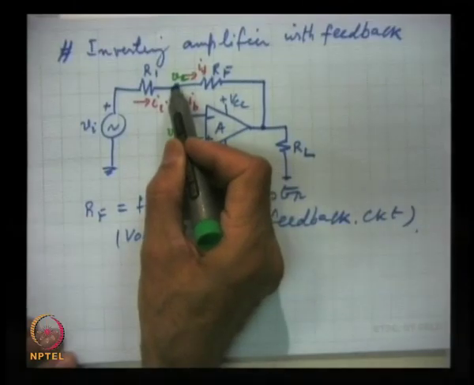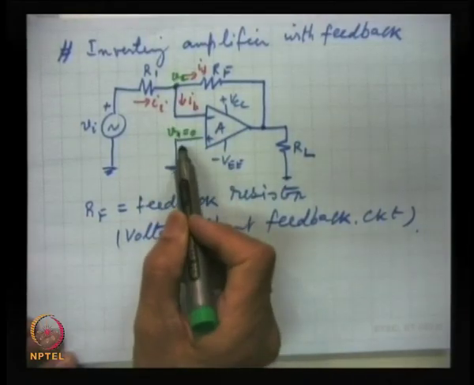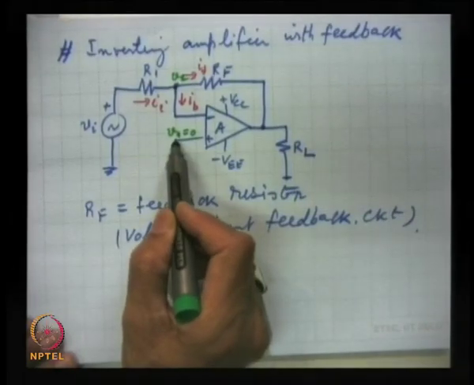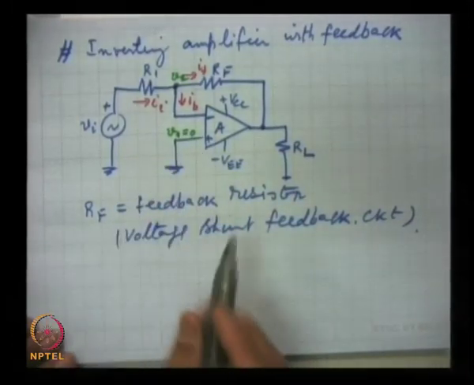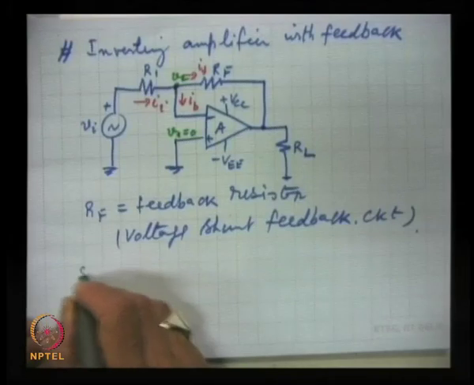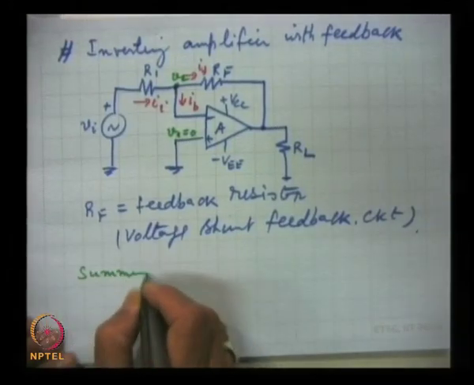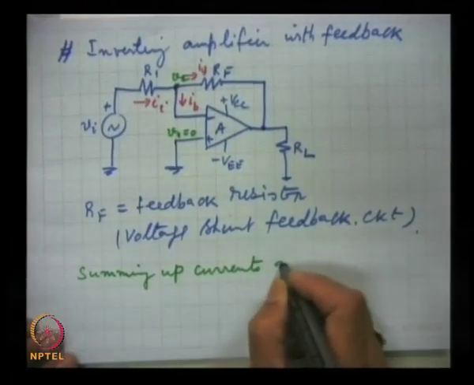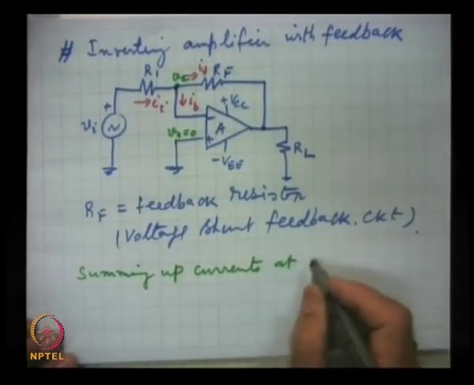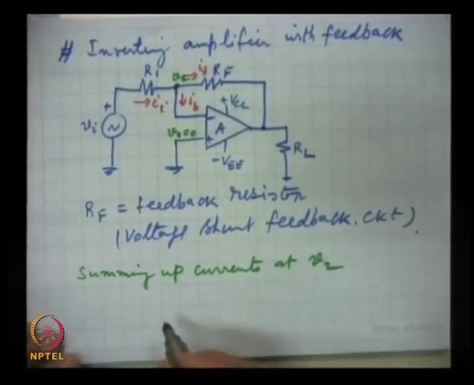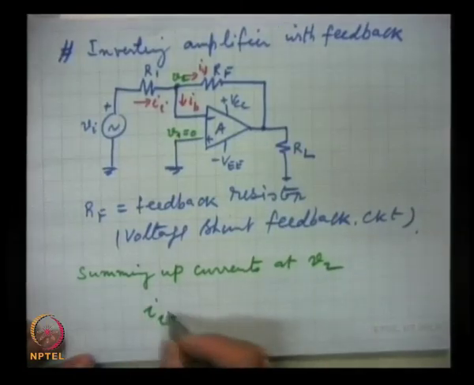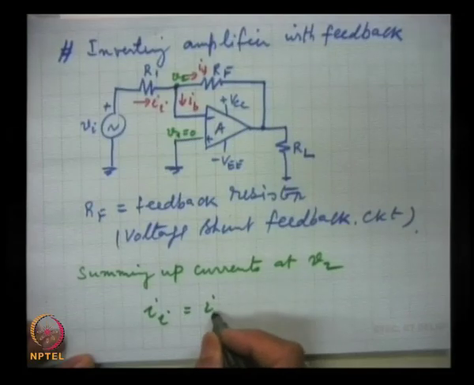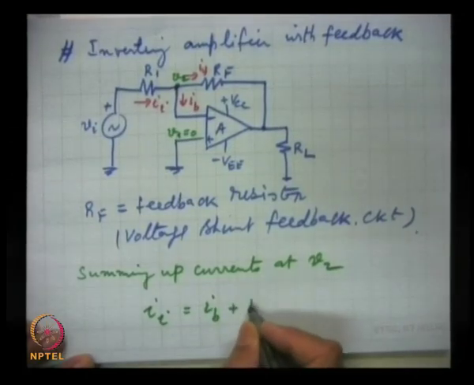This terminal is at potential V2 with respect to ground, and this is at V1, but V1 is 0. So summing up currents at V2 gives II equal to IB plus IF,